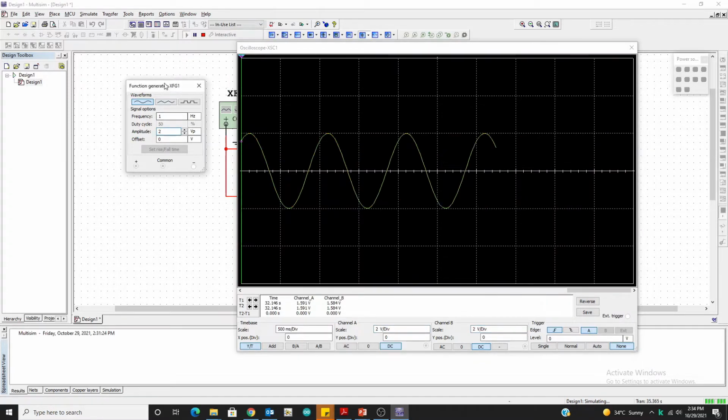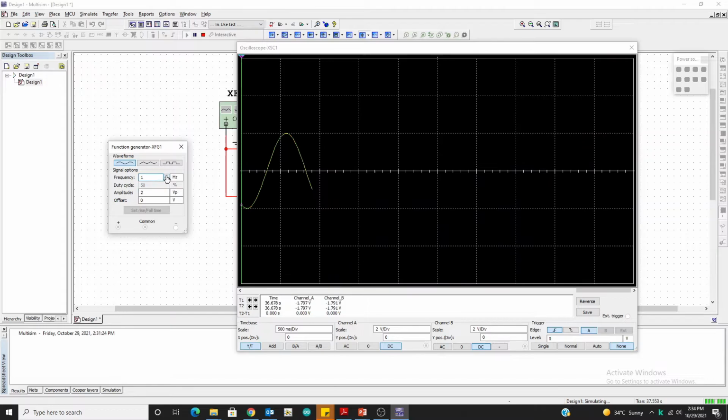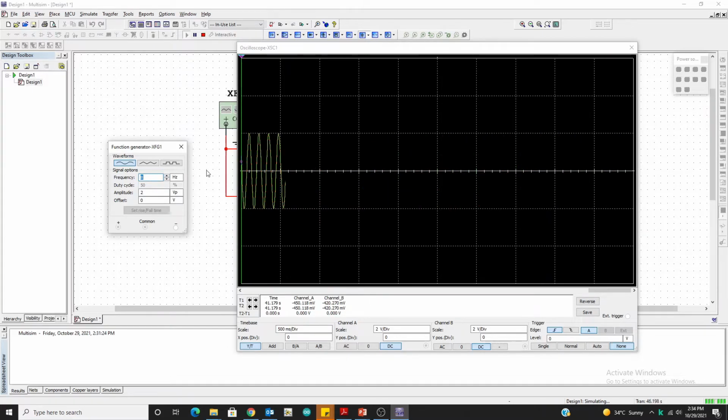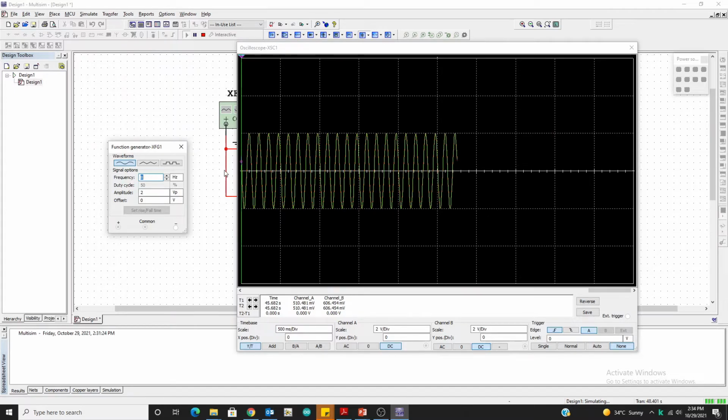Now we are going to increase the input frequency, and you can see the output. We are going to increase it to 50 hertz.